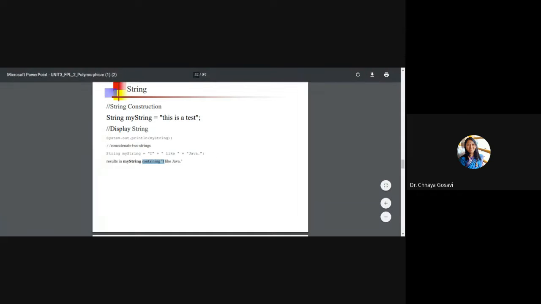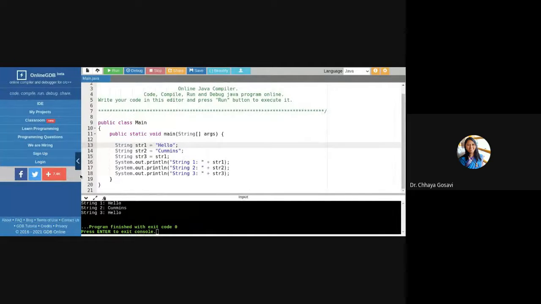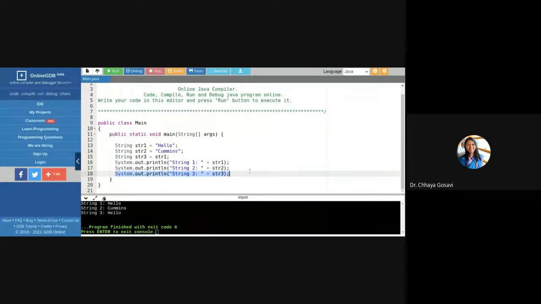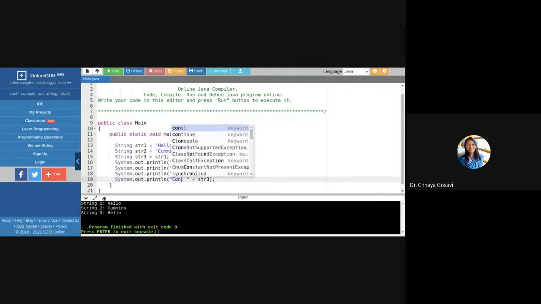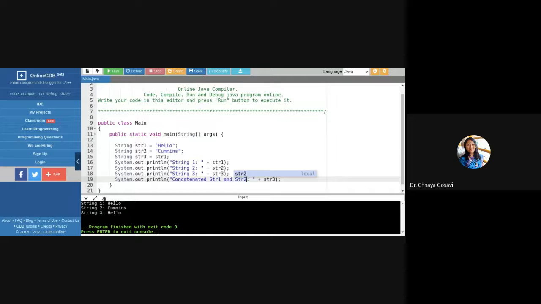Or in our example, if I print System.out.println, concatenated string, str1 plus str2.